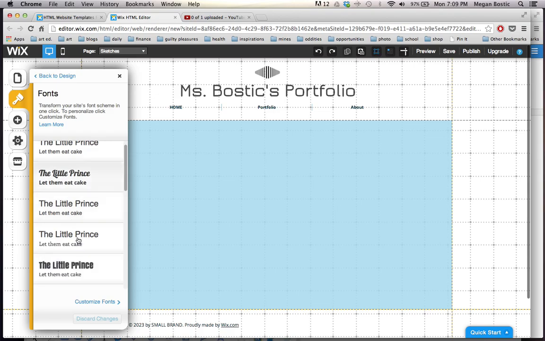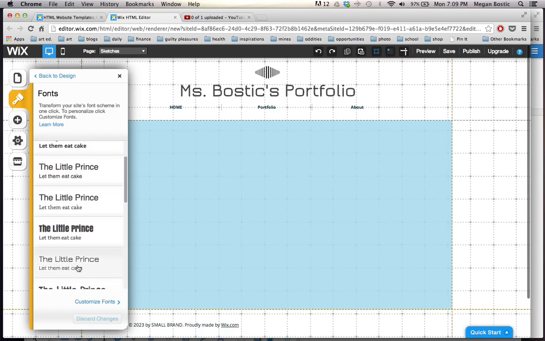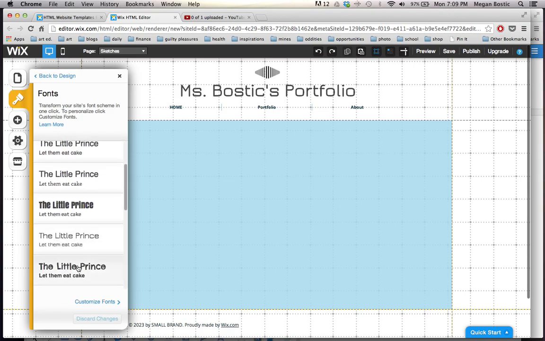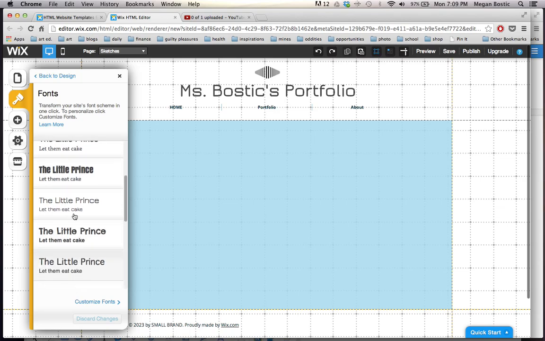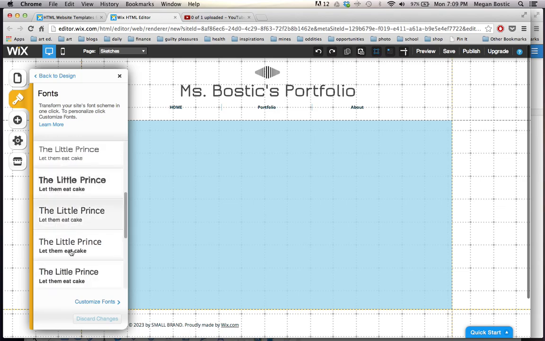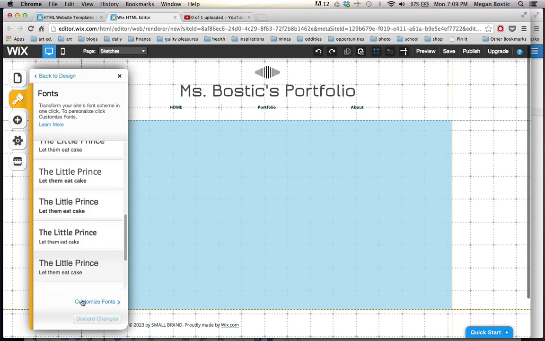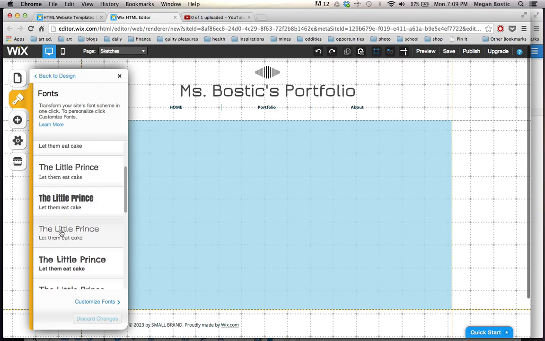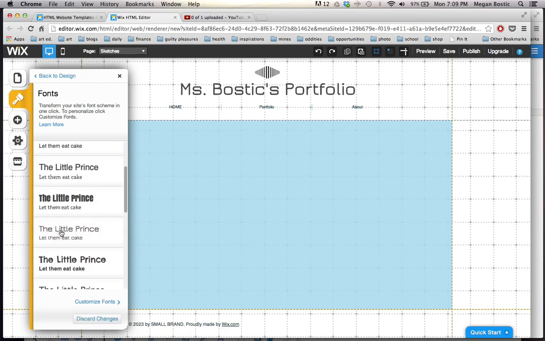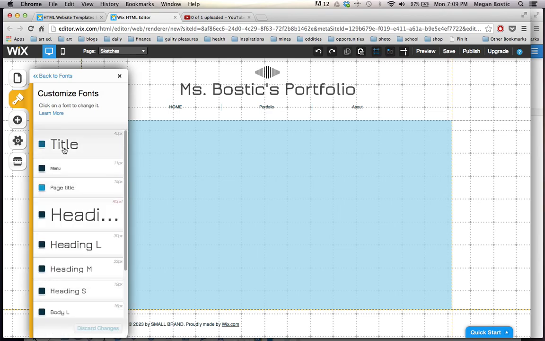And so this gives you a font scheme that's pretty simple to use. So it has two fonts that are similar that go together. So you can choose those. You can go in farther and customize yours. I'll do this one. This is the font I already have. Then I can go to customize. And it lets you, this is where things get really specific. So I can change the title of my site, the color that it is, the size that it is,